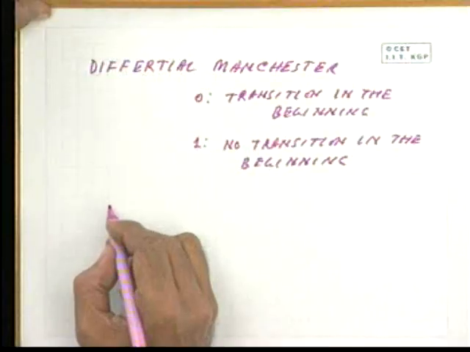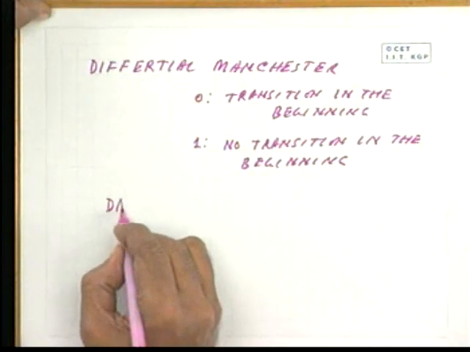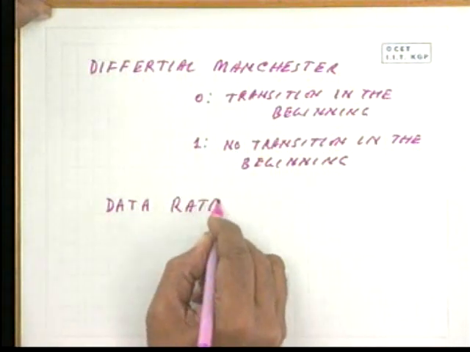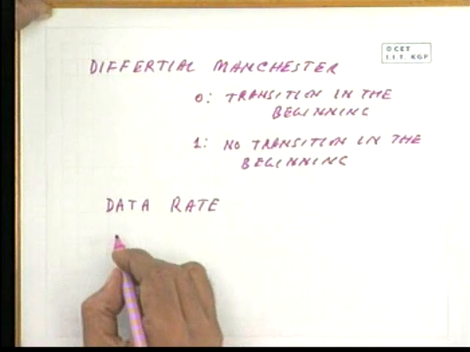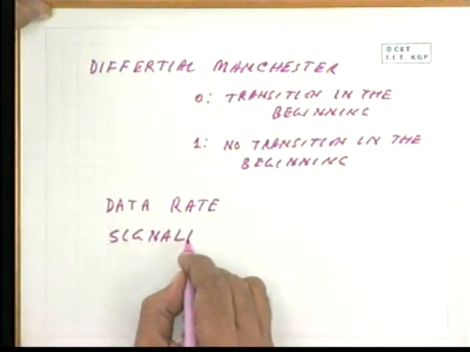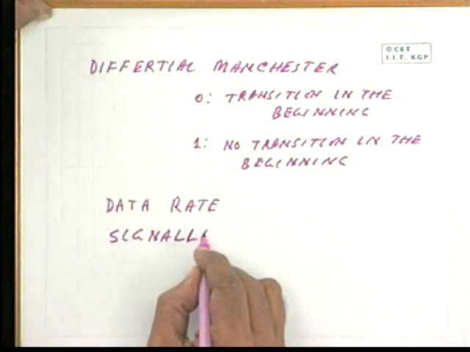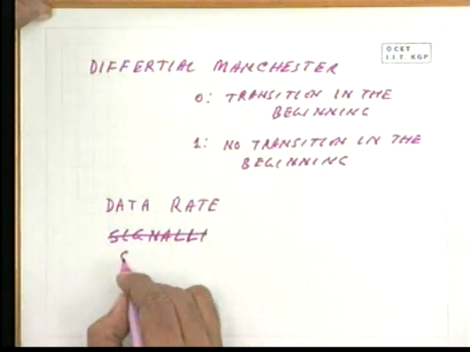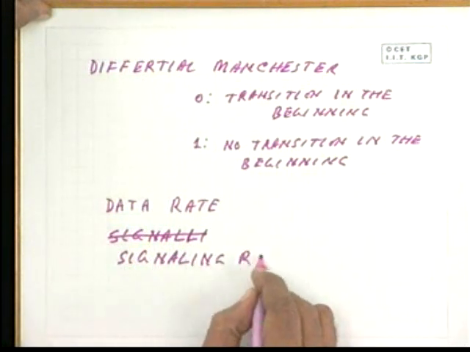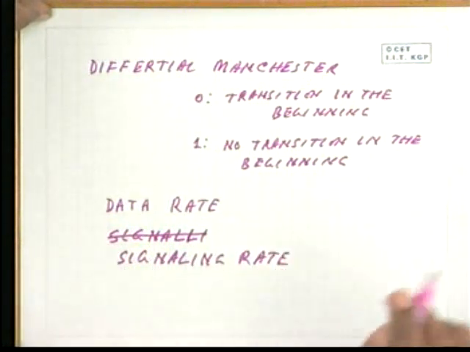And so, for the same data rate, what is the signal rate or signaling rate? For Manchester encoding, we find that signaling rate is double that of the data rate,